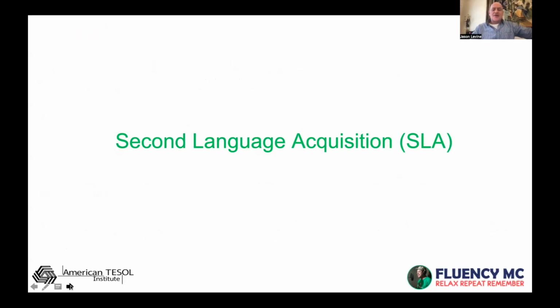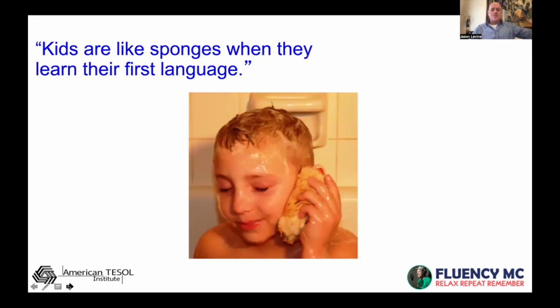Okay, so I already said how fascinating SLA is and how important it is, and we are not going to be going into different theories of second language acquisition here. That's something I'd really like to do in the future. But again, if you're taking a course like the American TESOL Institute course or other courses, you will get deeper into it. I want to really focus on the basics of it, and then when we talk about methodologies today, because that's really the focus, the methods and approaches, we will be connecting back to second language acquisition as we go along.